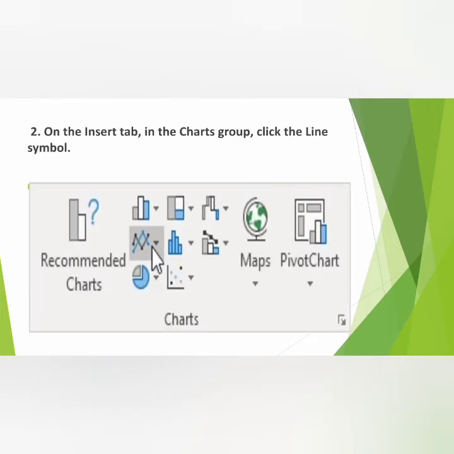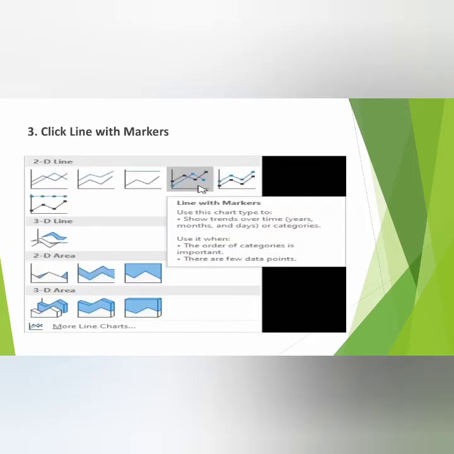Step 2. On the Insert tab, in the chart group, click the line symbol. So we have to click on the Insert tab, go to the chart group, and in the chart group we have to click on the line symbol. Click line with markers. So we have to select that particular type,